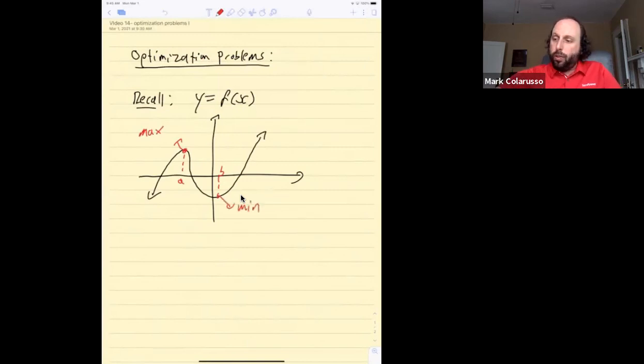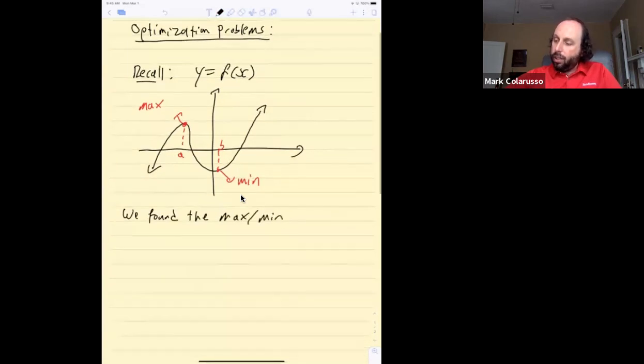So we found the max and min of a function y equals f(x)